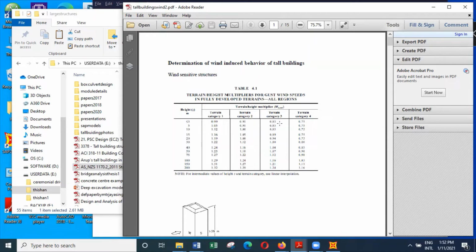Terrain category 1 is open ground. 2 is with slight built up. Terrain category 3 is some reasonable built up of buildings. And terrain category 4 is actually for city centers where you have a lot of tall buildings and shielding effects. So generally for isolated buildings, we can easily use terrain category 3. And when you consider the terrain category, you can see for a 30-meter tall building, that